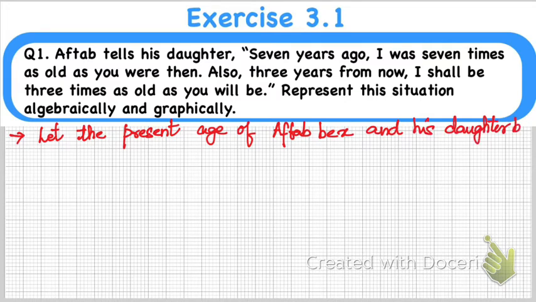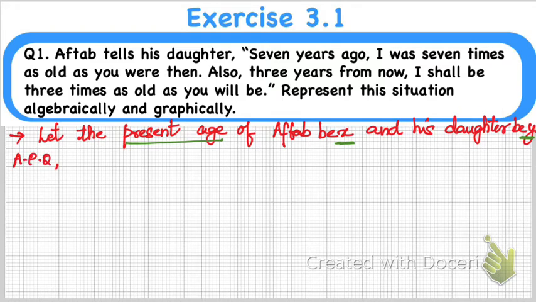So we have assumed the present age of Aftab as x, and the present age of his daughter be y. Okay. Now, as per the question,